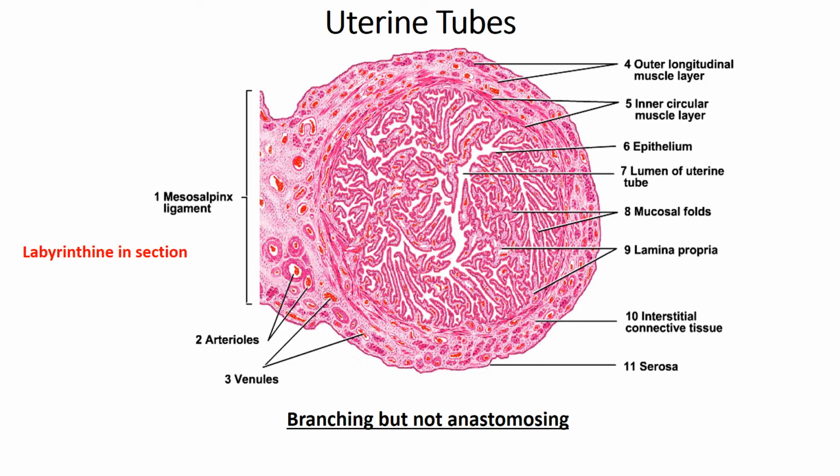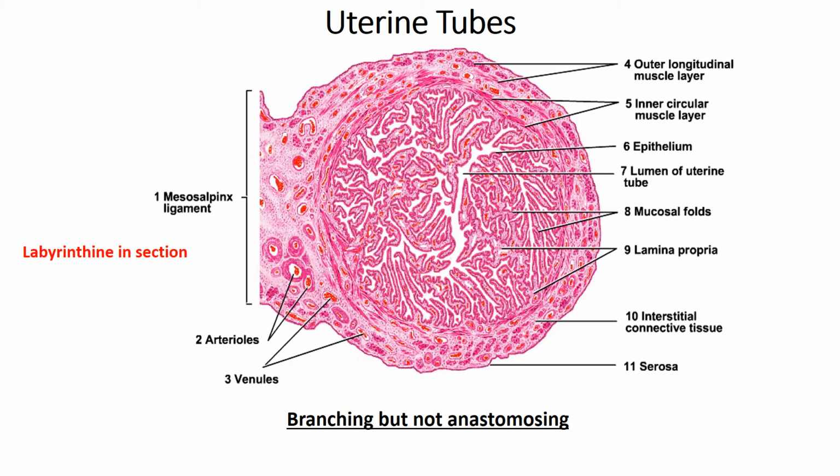Here it is also evident, the outermost covering is the serosa. This is a flat epithelium, mesothelium, resting on connective tissue. Just deep to that is the muscle layer, inner circular and outer longitudinal, and a very richly vascular portion of the connective tissue in which they lie. And just deep to this is the mucosal fold, having this honeycomb or labyrinthine appearance.